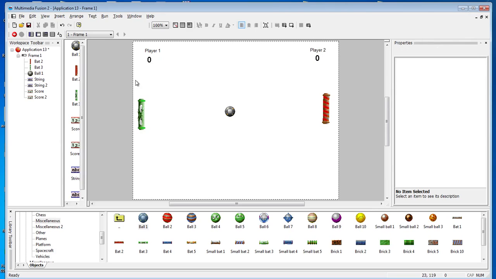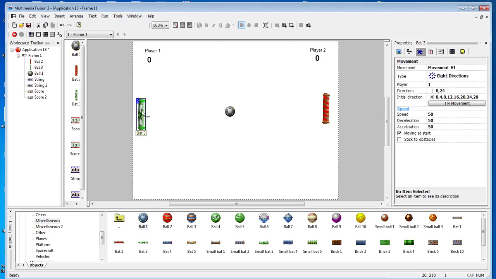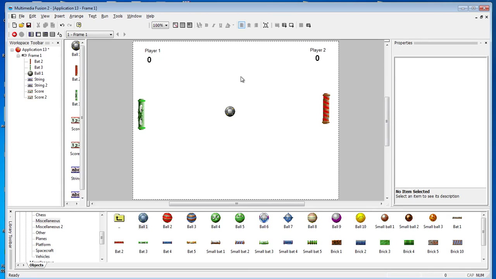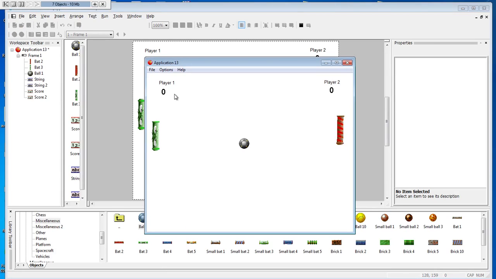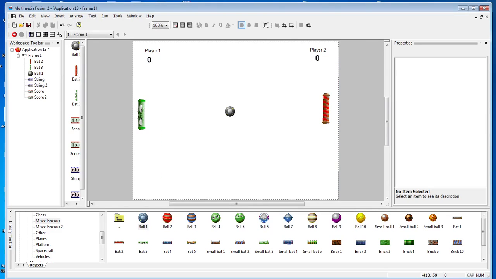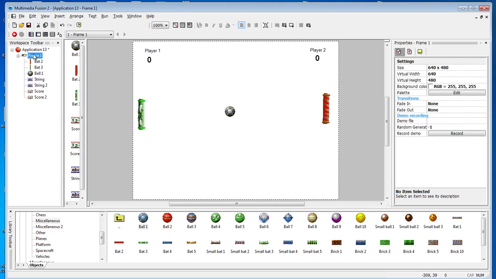So we've now got 2 players, but we've got 1 set of movement. So if I click this and we look, it says player 1 here. And if I click this one, it says player 1 again. I need to change that to player 2. Now, the only issue is, if I run it again, they're still moving because I haven't assigned a separate set of keys. And so, to do that, we need to go into